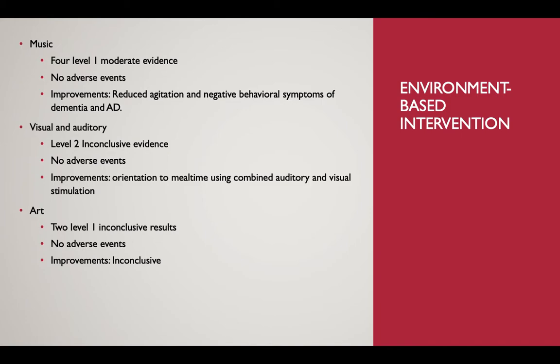And having that combined, like that visual and auditory, kind of helped these patients with Alzheimer's disease or dementia associate it's time for mealtime. And it did provide pretty significant results. And then there's art, 2 level 1, inconclusive results, no adverse events, and the improvements itself